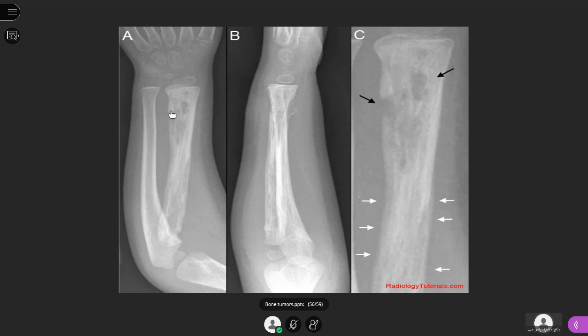Along with that, there is cloaca formation. Cloaca, what are cloaca? These are the openings in the bone. And these openings are intended for evacuation of the pus. So cloaca along with sequestra, and along with that there is involucrum. What is involucrum? Involucrum means new bone formation. Okay. So there is loss of bone happening through the cloaca in the form of pus, and there is dead bone which is called sequestrum, and then there is new bone formation also going on, and this new bone is called involucrum. So these three phenomena are happening at the same time, and these are visible on the radiological images.